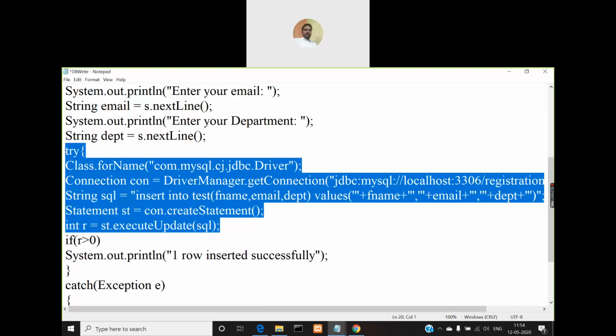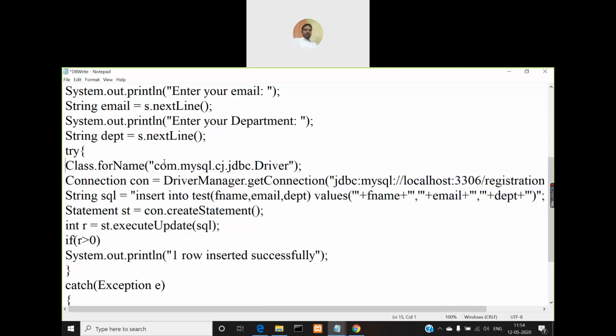So as we discussed earlier, we are going to use the MySQL database here. So how to register the driver? By calling the forName method. forName is a static method defined in the class Class. So you can call that forName method directly by using the name of the class, that is Class, followed by the dot operator, and the name of the method is forName. So it receives one string parameter, and that is nothing but the driver class for MySQL. So what is the driver class I'm using? com.mysql.cj.jdbc.Driver. Okay. So we discussed all these things in the previous class, right?